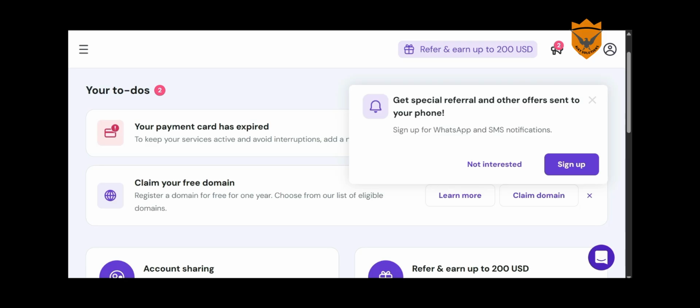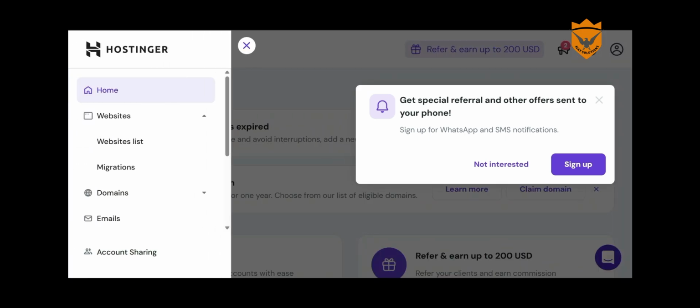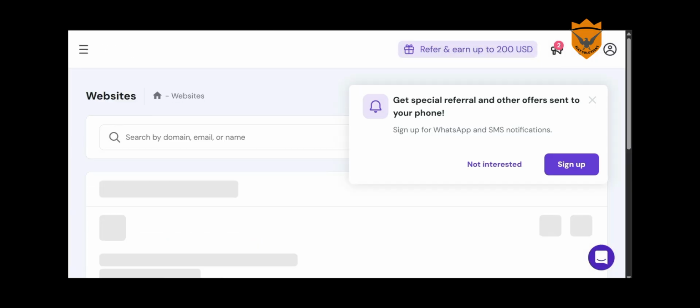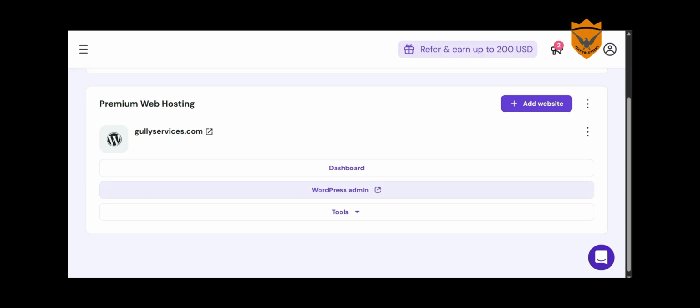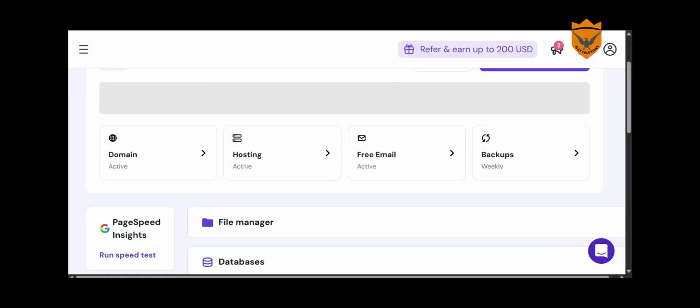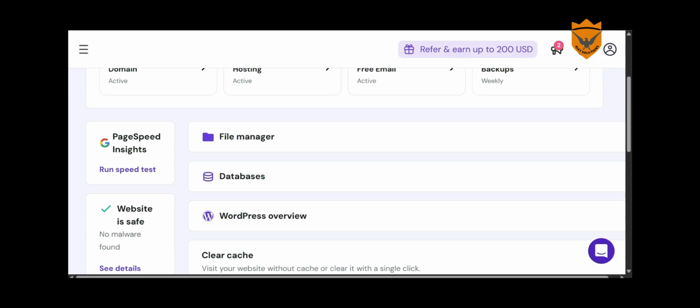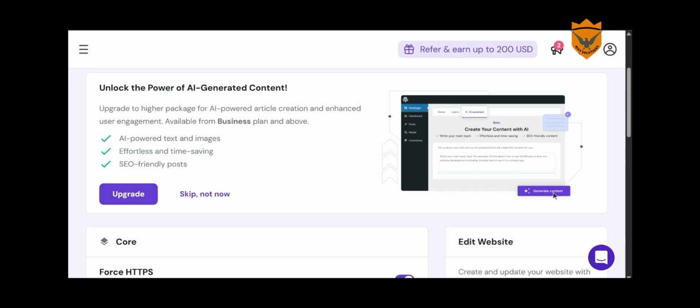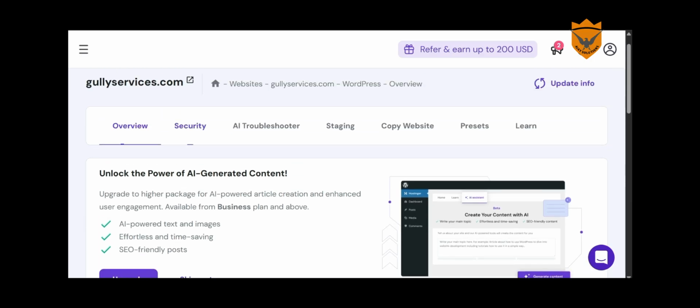Here I am using Hostinger, so I will open my Hostinger dashboard. In the Hostinger dashboard, go to websites list, and go to dashboard, and then go to WordPress overview, and here you can see the AI troubleshooter. Click on that,